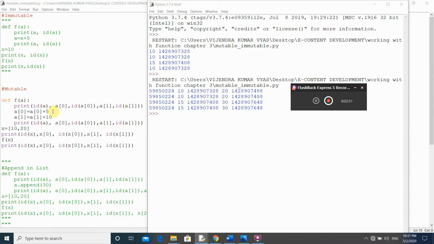And after that we are trying to change the value at a of 0 as well as a of 1 through these expressions.